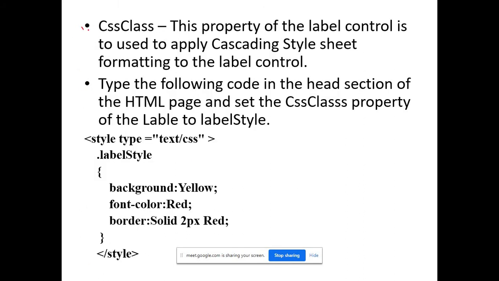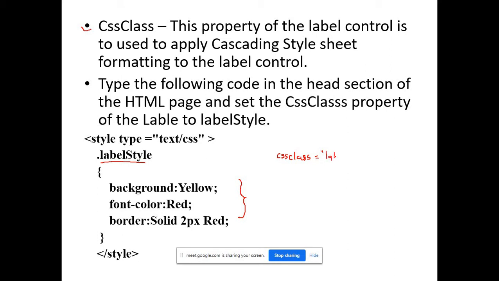Not only that, in the last lecture we also focused on the CSS class property. We saw how to create either an internal style sheet or an external style sheet, and apply the formatting written in a particular class to the label directly by setting only one property. Here let my class name be lbl style, or label style. If you have a label and set only one property, called the CSS class property, you just write CssClass equal to, and in double quotation marks write label style.